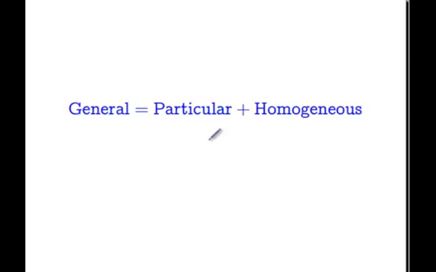Now we're going to talk about a very important and general principle: when you have a system of linear equations, the solution to that system can be thought of as broken up into two parts. There's a particular part and there's a homogeneous part. The particular part is only a constant,